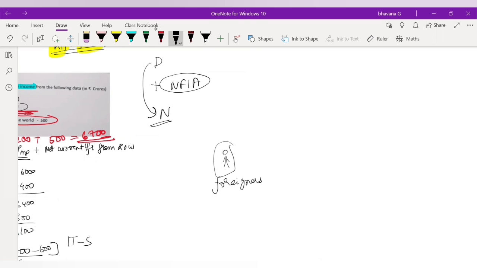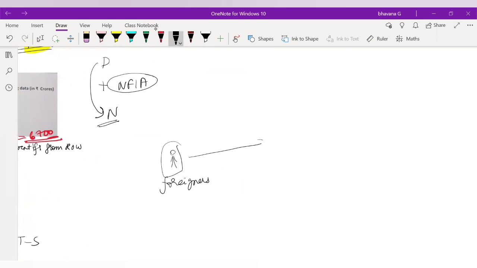So what these people will do is, these foreigners have to send back their money, like how Indians who are working in a foreign state will send back their money to India, and we are adding that money which is sent by the Indians who are working in a foreign state to India in NFIA. It means net factor income from abroad. From abroad, our Indians are sending in money that you will have to add to the domestic income, because that is also Indian income only, right? So you'll add back to domestic income, and you will find out national income.